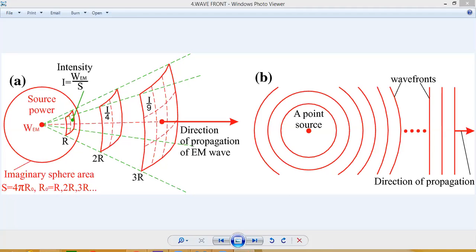If you are using the same antenna, with the same dimension, here, definitely you will get more power here. Why? Because when you are near to the antenna, the power density of the wave is high. That's why you are getting more power. When you go away, the power density decreases, even though all other parameters are constant. That's why your received power is less.